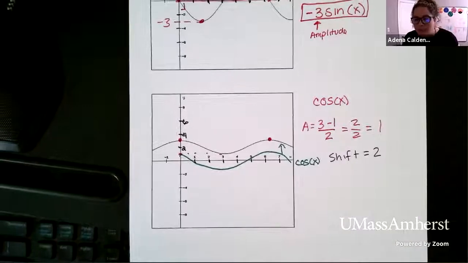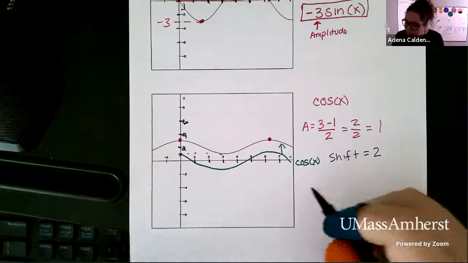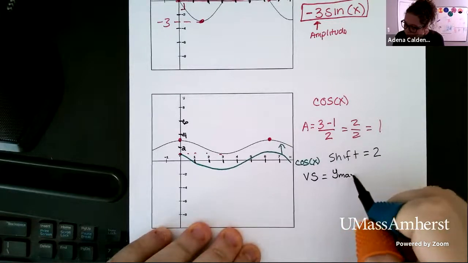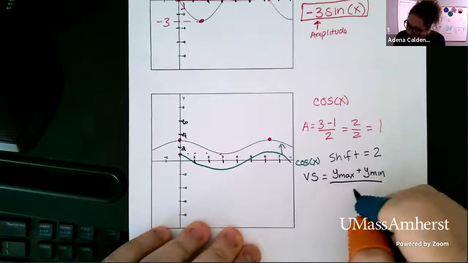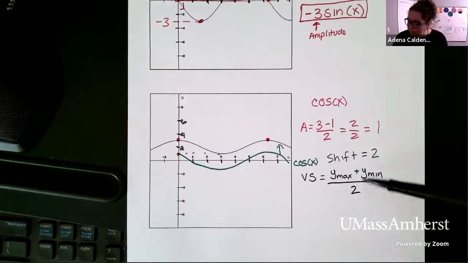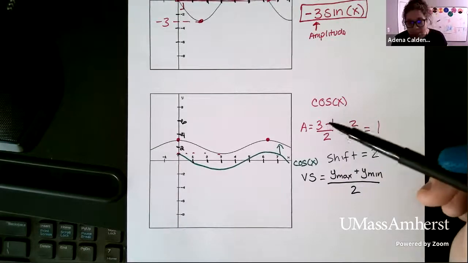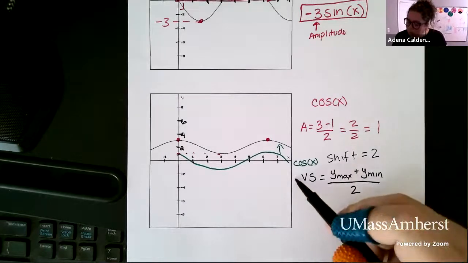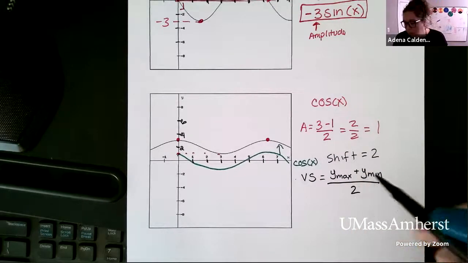There is another way to calculate the shift exactly. I'm going to tell you what it is, but I'm going to tell you why we have to be really careful about this. So the vertical shift, you can do the maximum Y value plus the minimum Y value divided by 2. Now this might look very familiar because this is almost the same exact formula that we use for amplitude. The difference is for amplitude, we do minus, and for the shift, we do plus. So we don't typically talk about this formula much because people get them confused, but as long as you can keep straight which is which, you can use this formula.